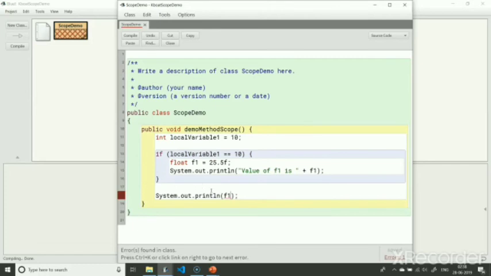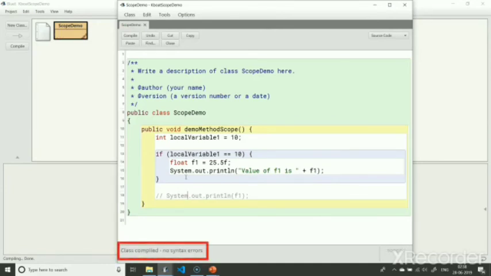As you can see, the compiler is giving an error as it is not able to find any variable f1. f1 doesn't exist outside this code block where it is defined. Let's comment out this line and execute the demo scope method. The class compiles fine now.